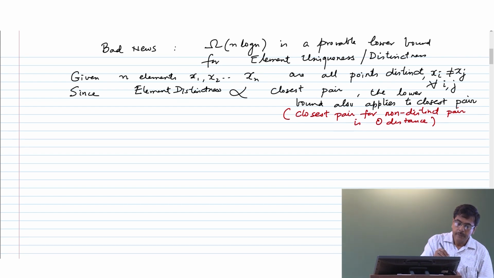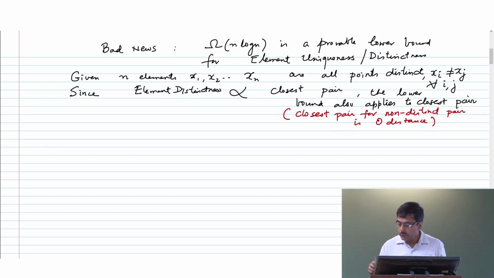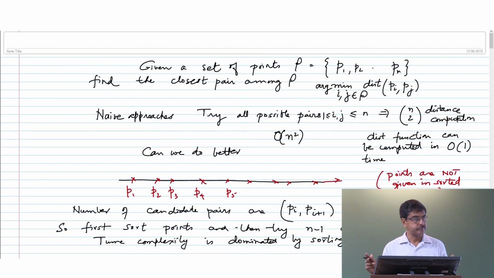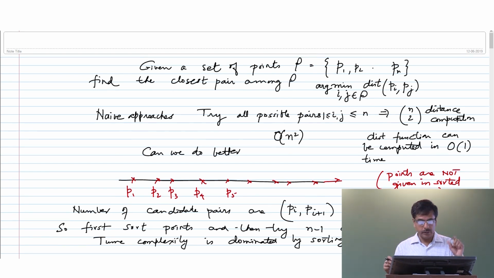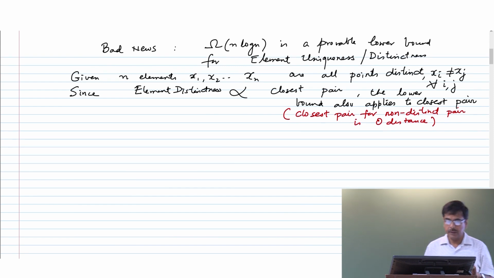Fine. So we have achieved our goal in one dimension. Sort it, scan the elements, look at every consecutive pair, and keep track of which is the smallest gap basically. By the way, since I mentioned this thing called gap,